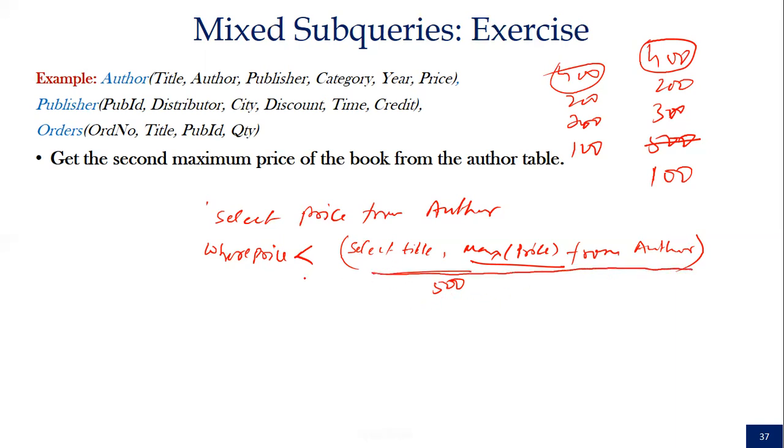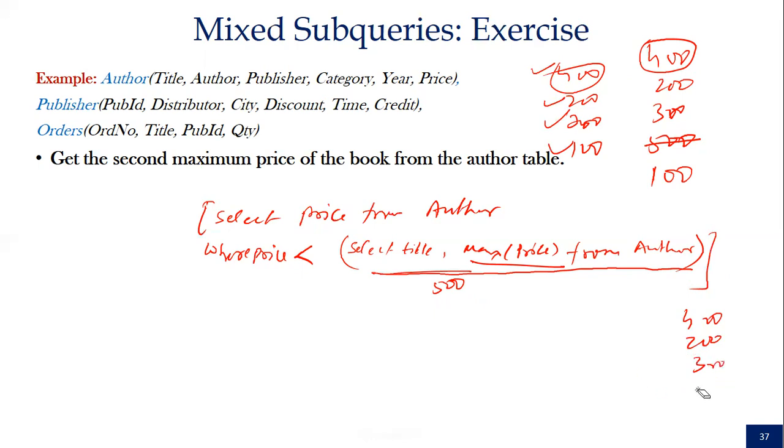इतने का तो 500 आ जाएगा, ये क्लियर है ना? यस सर। ये 500 यहाँ पे जाएगा। अब मेरी आउटर क्वेरी एग्जीक्यूट होगी। ये क्वेरी कंपेयर करेगी: 400 इज लेस देन 500, यस, तो इधर आ गया। 200 इज लेस देन 500, यस, तो ये आ गया। 300 इज लेस देन 500, यस, ये आ गया। 500 इज लेस देन 500, नो, तो ये एलिमिनेट हो गया। 100 इज लेस देन 500, यस, तो ये रिजल्ट आएगा। तो मेरा इस टोटल क्वेरी का रिजल्ट क्या आएगा? क्या आया? 400, 200, 300, 100। यही आएगा कि नहीं आया? सॉरी, यस सर। है ना?